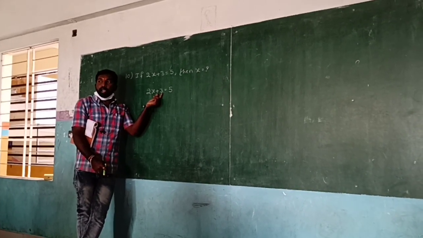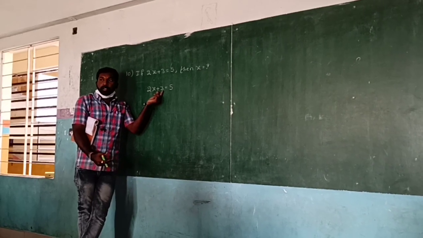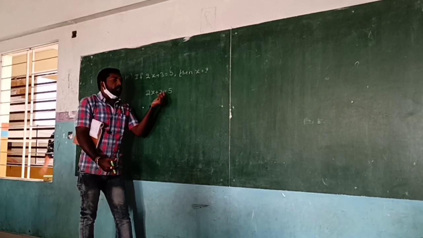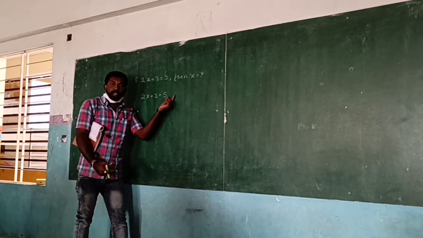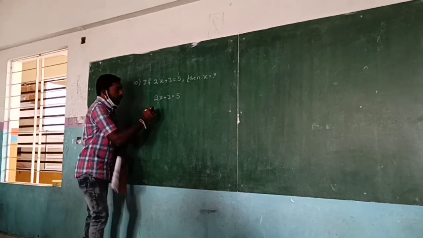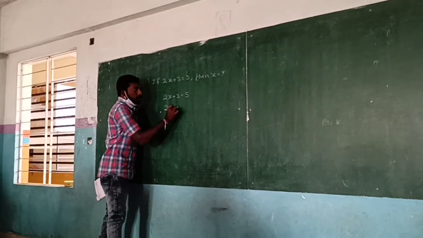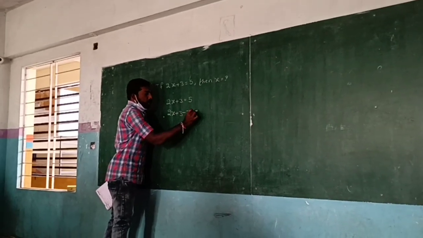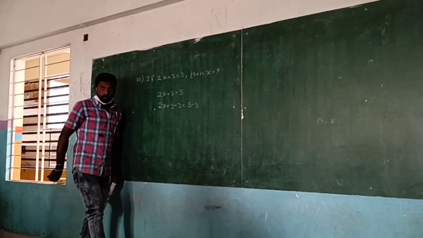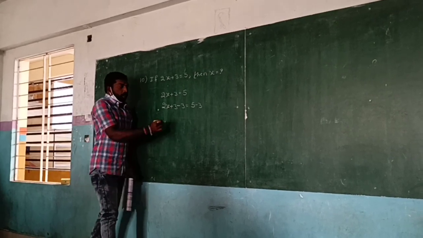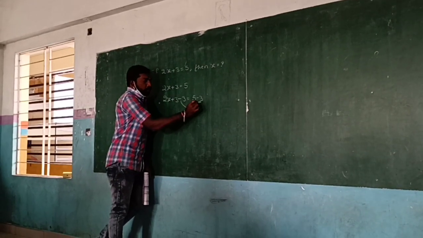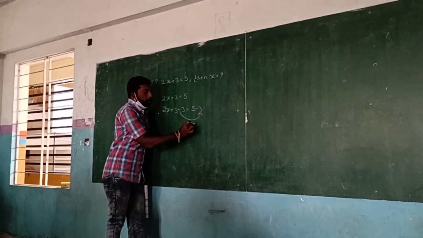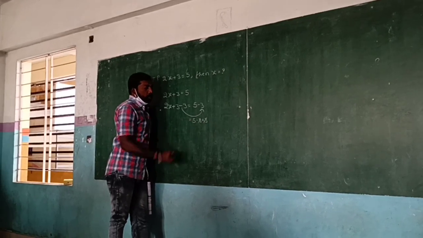+3 కి ఎంత యాడ్ చేస్తే 0 అయిపోతుందన్నా? -3. Sir, no. Whatever the number you are added in this left side, that number should be added to the right side. Okay, now చూడండి ఎందుకంటే 2x plus 3 minus 3 is equal to 5 minus 3. Okay, now if you replace this minus 3 to this side, what it becomes? Plus 3. So 5 minus 3 plus 3 both get cancelled.